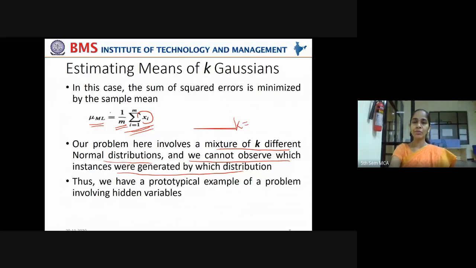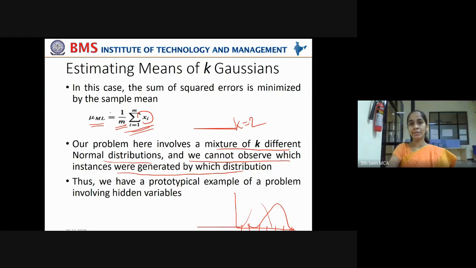We have taken k equal to 2 because we are considering two normal distributions, one like this and one like this in the figure. Right? You remember? Now our problem here involves a mixture of k different normal distributions, and it is not clear which instances, meaning instances plotted on this x-axis, were generated by which distribution. We have just drawn the instances from these two normal distributions, but which instance is generated by which distribution is not clear. Unless you know the distribution from which a sample point is drawn, you can't guess the unobserved